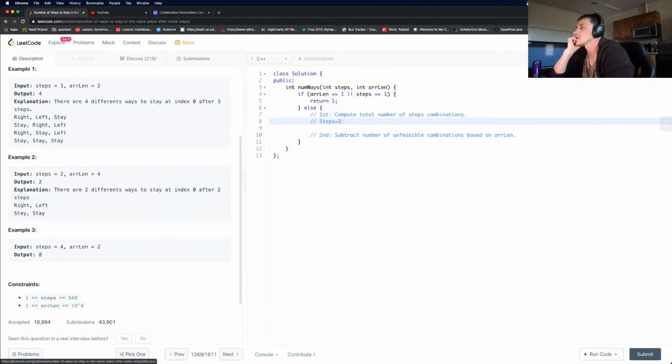Or should we do this? Should we compute it in a cycle, maybe? So the array length is from 1 to 10 to the power of 6. So we theoretically can do linear complexity here, I would imagine. So if we go just through the array and try to count steps. But this is